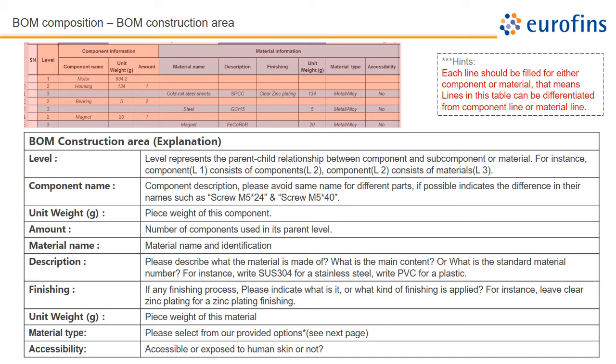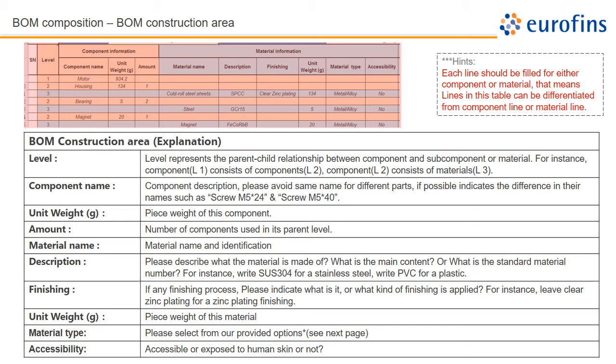The leftmost column you should fill is level. Level represents the parent-child relationship between component and subcomponent or material. For instance, component level 1 consists of component level 2. Component level 2 consists of material level 3. In the component name column, please avoid the same name for different components. For example, if possible, indicate the difference in their names, such as screw M5 multiply 24 and screw M5 multiply